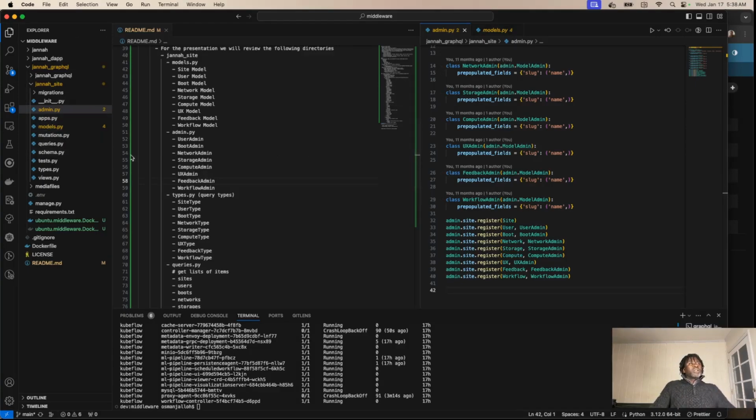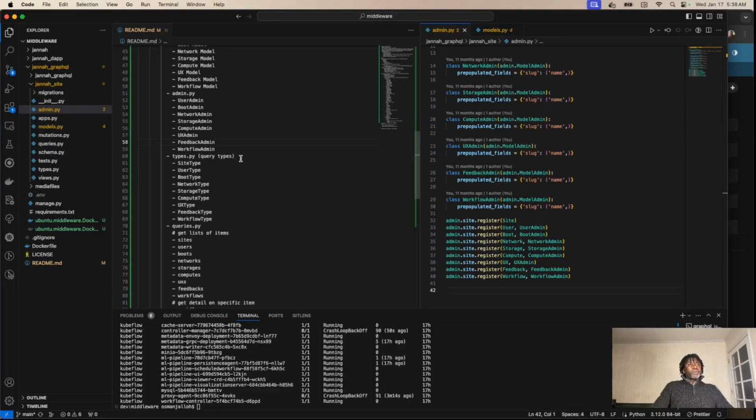What I want to go into next is the types. Once we have models and admins for our models, how do we expose those models to the API so a front-end application can get access to them? Let's say we have a web app or a mobile app that wants access to our Django models. But that web app or mobile app is not necessarily Django, right? It could be an iOS app, it could be